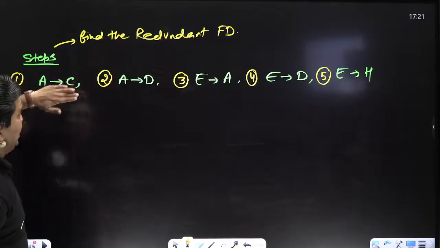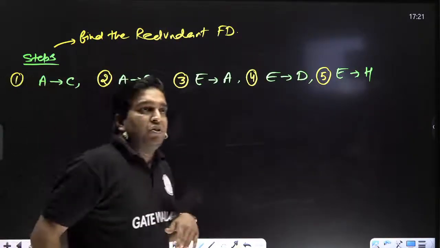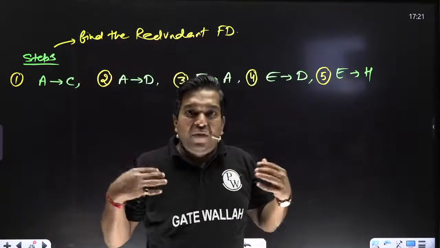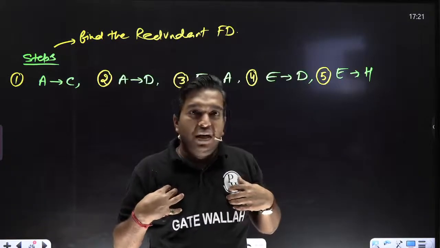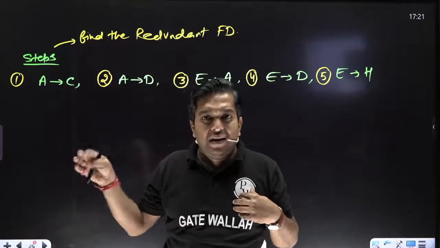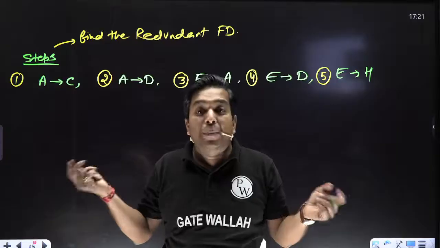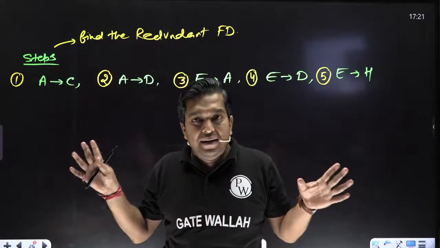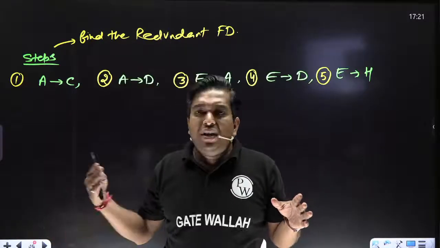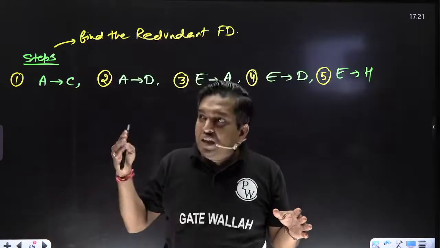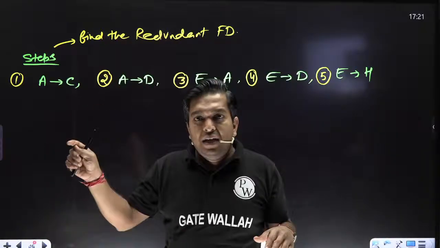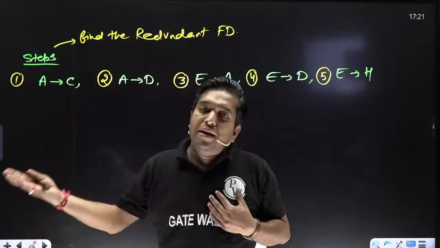I have to check whether A tends to C is extra. Children, if you want to check whether any person is extra, I'm taking one person, Abhay. You can take any person. Abhay is extra or not. So what is the meaning of extra? Without Abhay, whatever work is done by Abhay, if I am able to do it, then Abhay is extra.